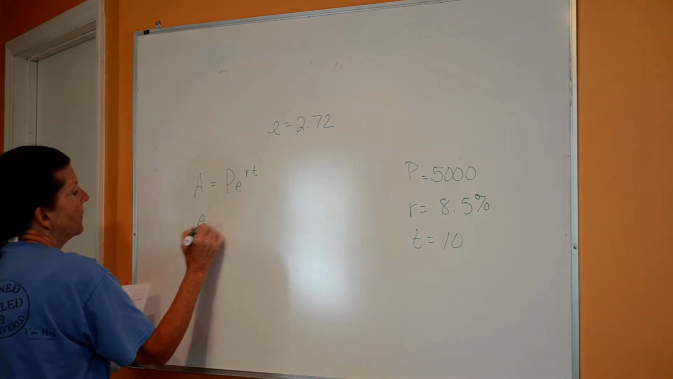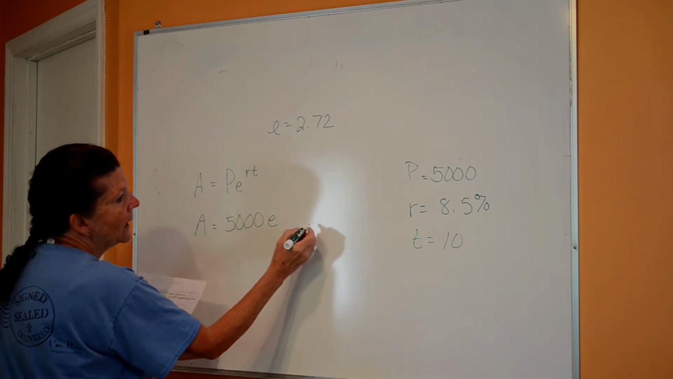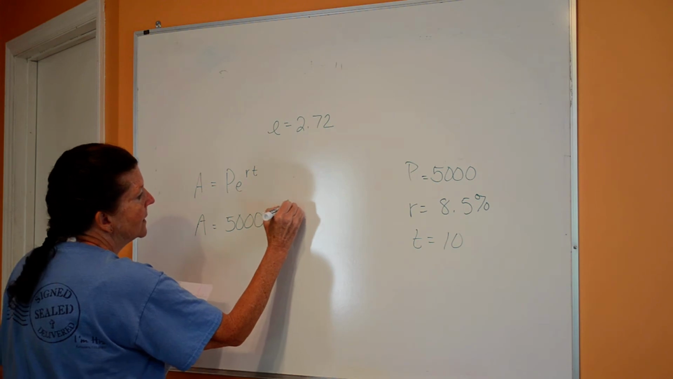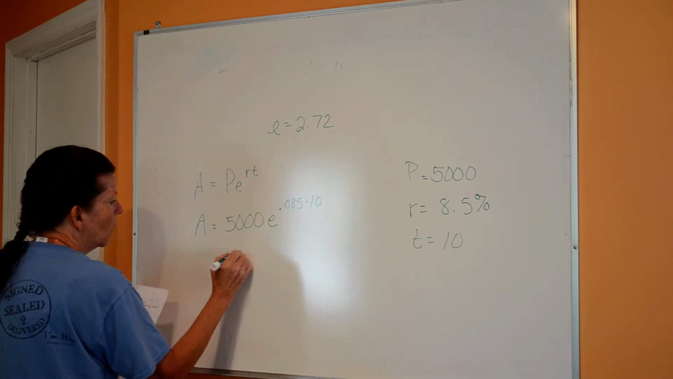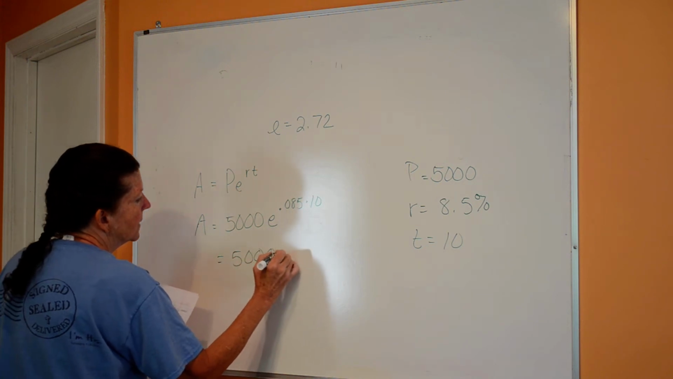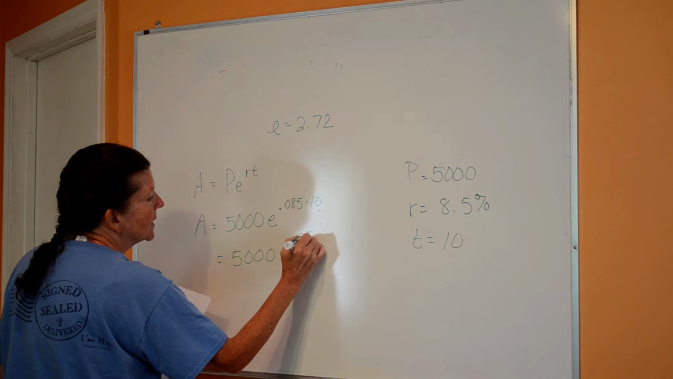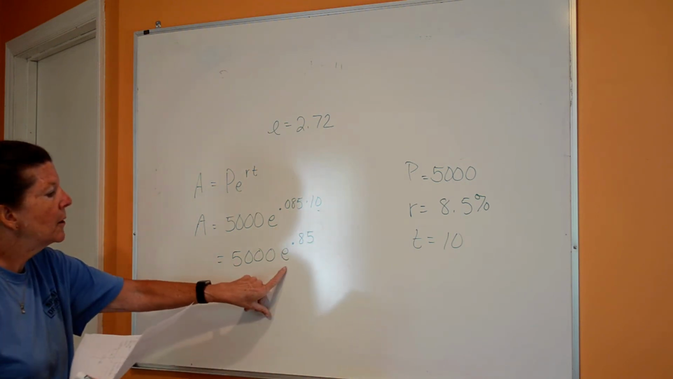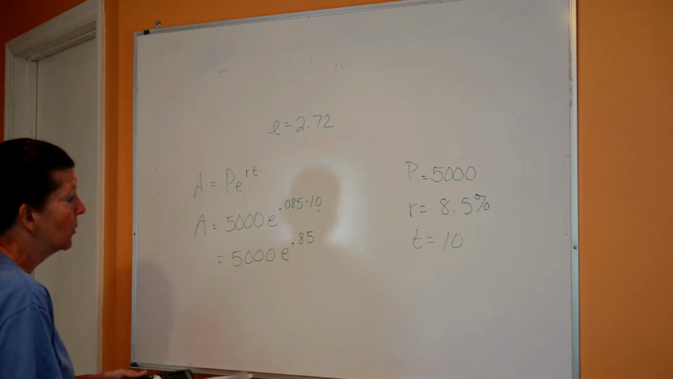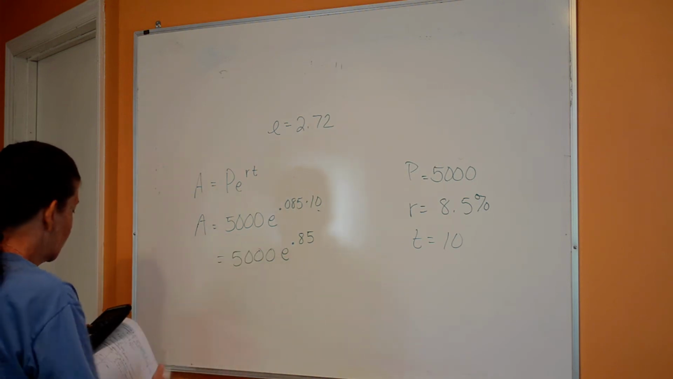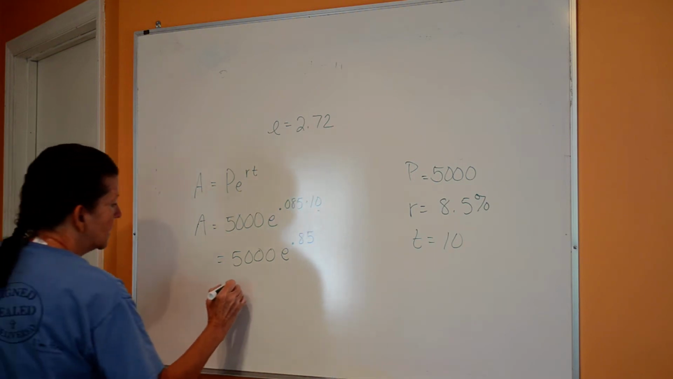So I have 5,000 times e raised to the 0.085 times t power, or 5,000 times, I'm going to move it over one place, decimal, raised to the decimal 85 power. Remember, E is on your calculator. It is right above your division sign. So I just put that into my calculator, I raise it to the 0.85, and I get